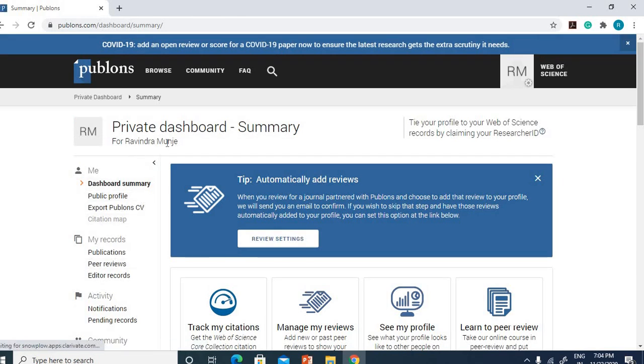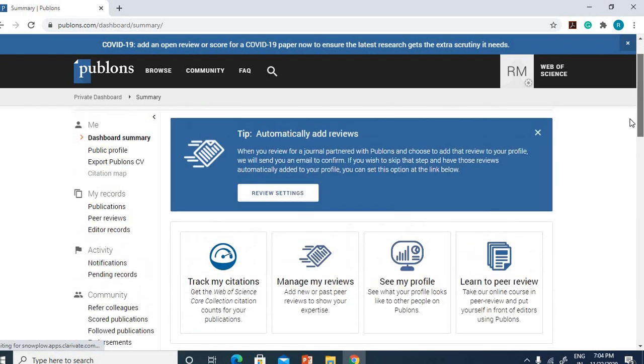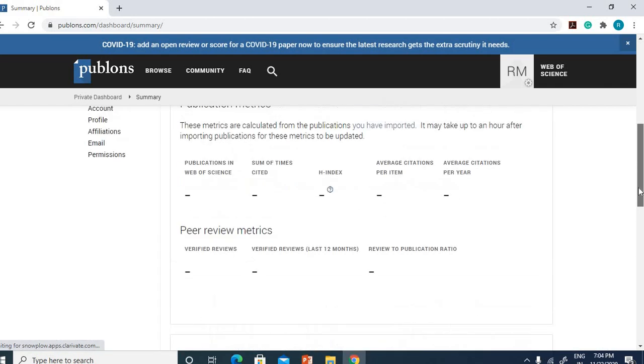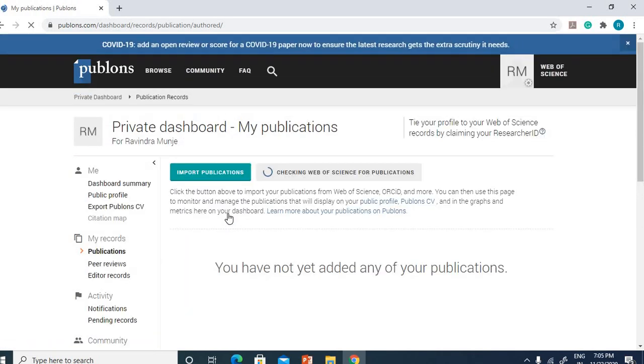So here you can see Ravindra Munje. It has opened. Now there are no citations and no publications here, because it is newly opened. So you can click here, track my citations. Since I had already opened this account, there are 46 matching. But if there are no matchings with your name, you can click here, import publications, or you can click here, 46 matching.